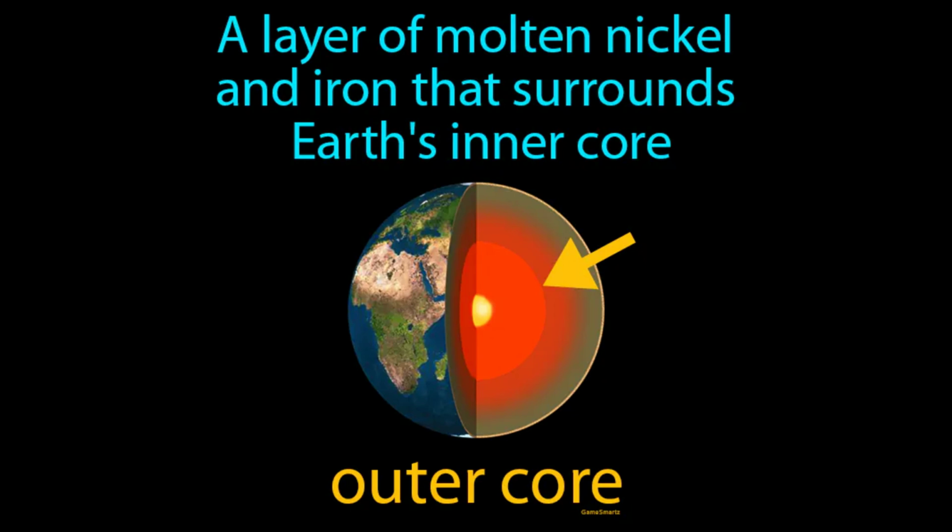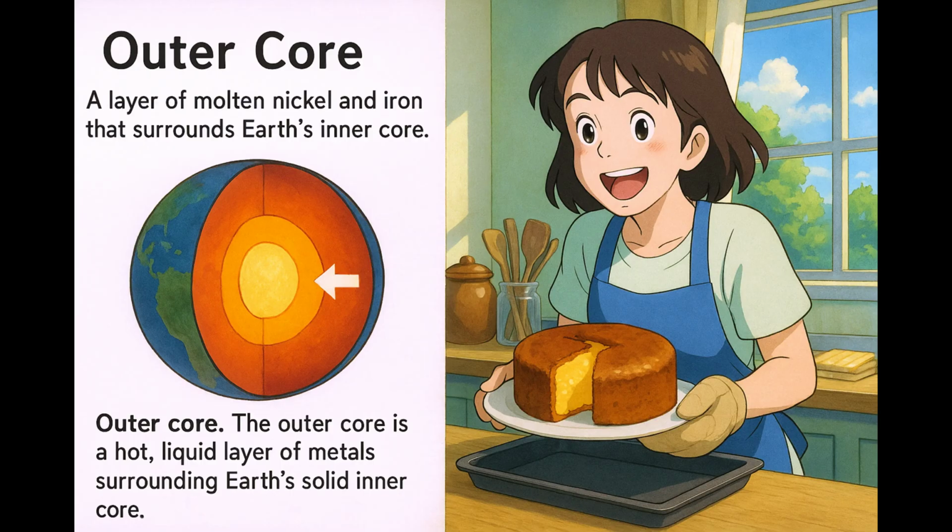A layer of molten nickel and iron that surrounds Earth's inner core, outer core. The outer core is a hot, liquid layer of metals surrounding Earth's solid inner core, creating our planet's magnetic field. Imagine trying to bake a cake with a gooey center and a solid crust. Just like that cake, Earth's outer core is a layer of molten nickel and iron that envelops the solid inner